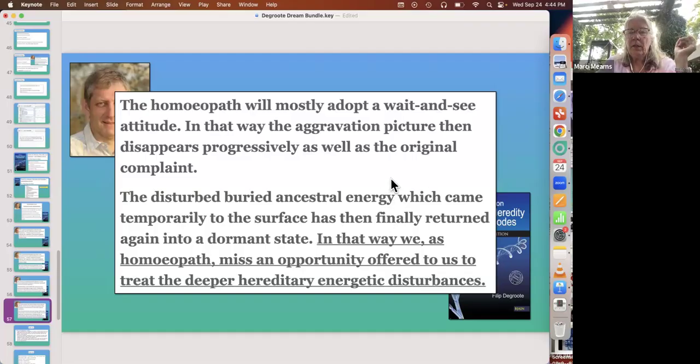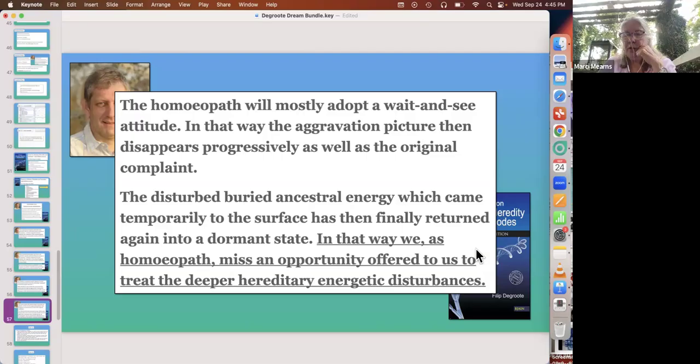I think the operative and important point here is the disturbed buried ancestral energy, which comes temporarily to the surface with the administration of the original personal remedy, and has finally returned again to a dormant state. It comes with the aggravation and then it goes dormant again.